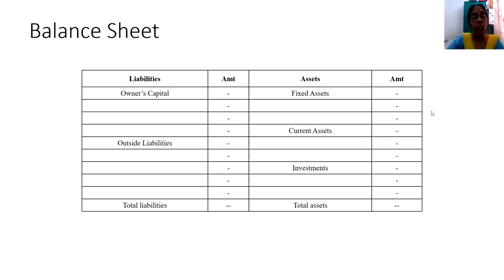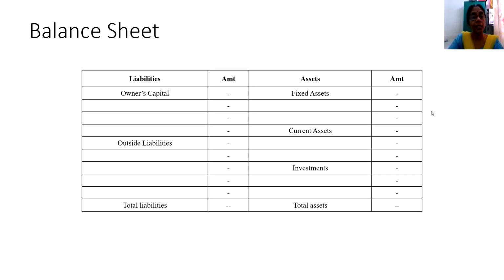Now, I will introduce the concept of the balance sheet here. This is a magical statement, a table which puts things in their proper place to give you a better understanding of the basic terminologies that we have learned so far. Now, let us consider this as a statement. You have on the left hand side a word by name liabilities, and an amount column is given, after which we have the heading, the title, assets.